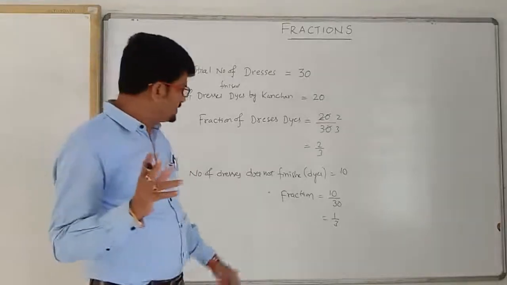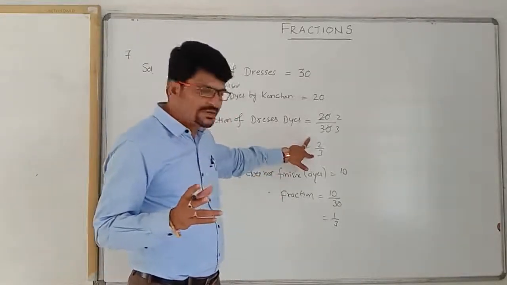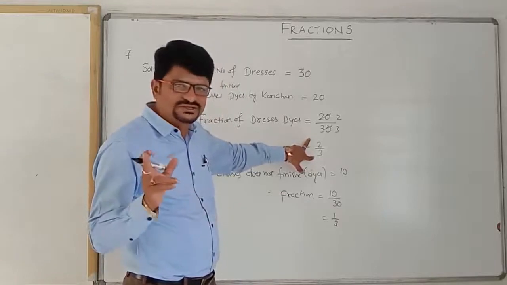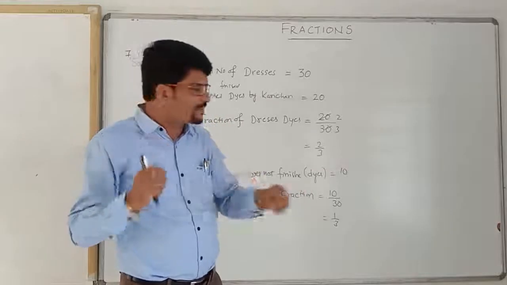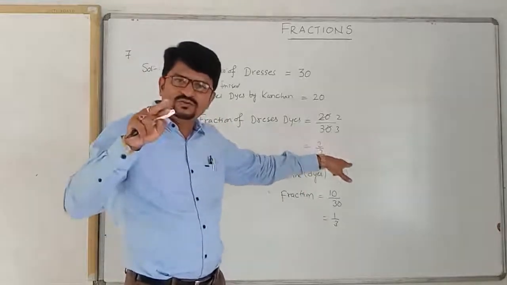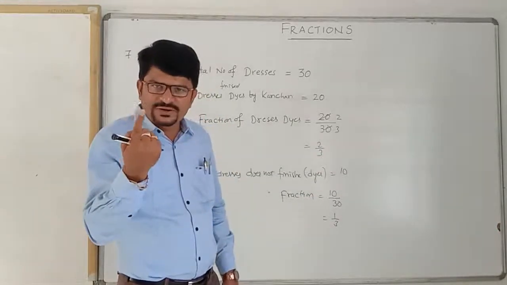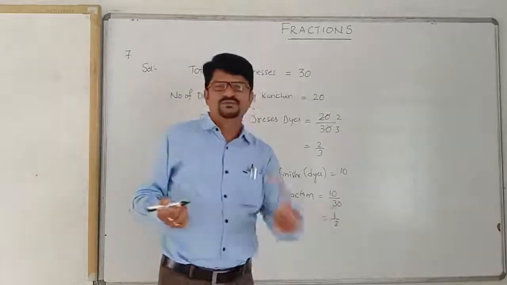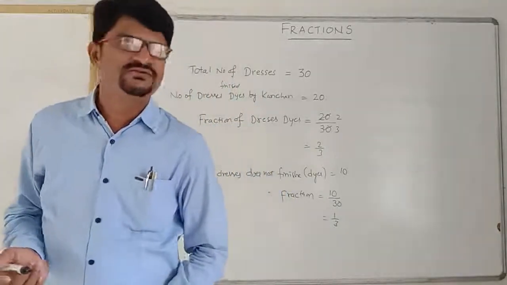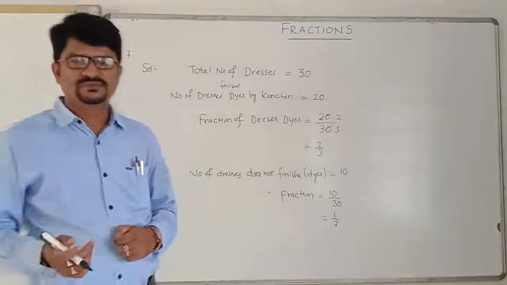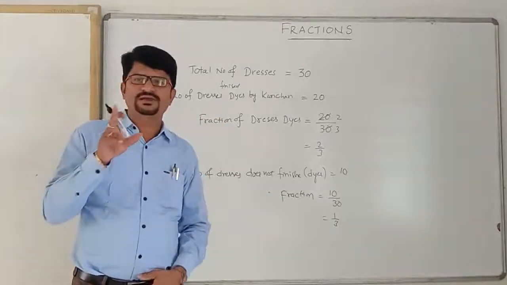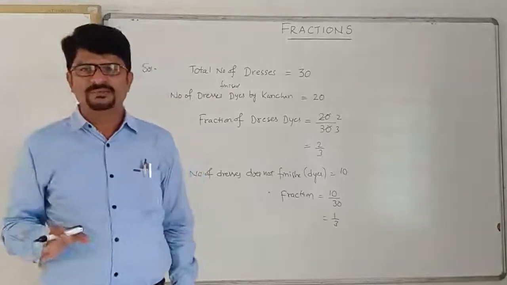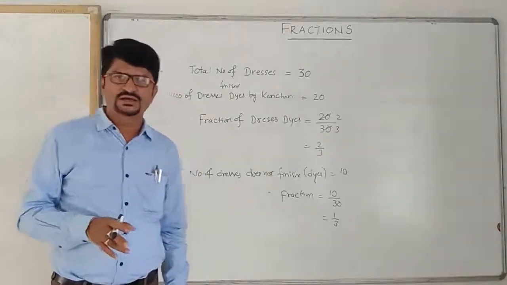One thing actually, by seeing the fraction 2 by 3, you can say that the work is divided into 3 equal parts. In that, two parts are finished. The remaining one part, directly we can say, should be finished by Kanchan. Clear? Write it. And all the remaining problems, you have to complete right now. Okay? Write it all.